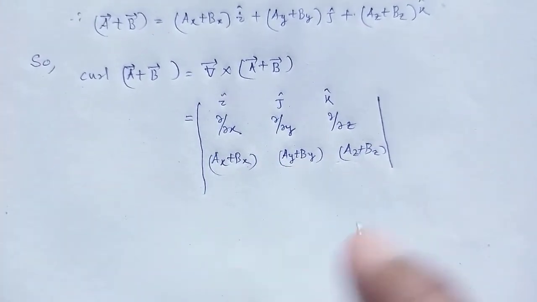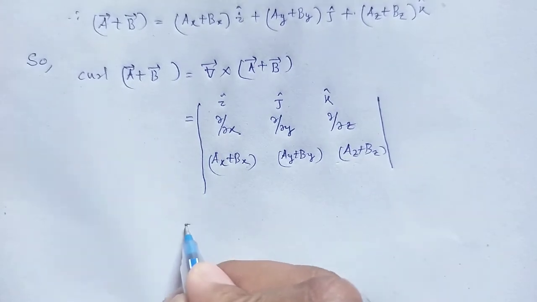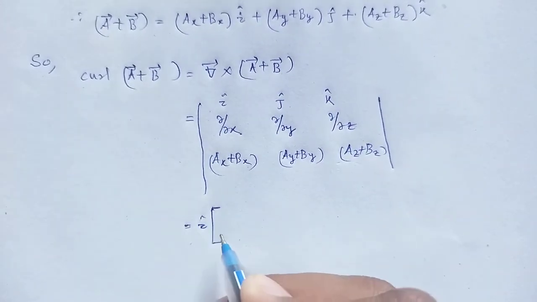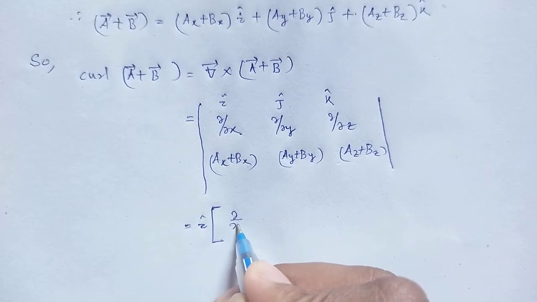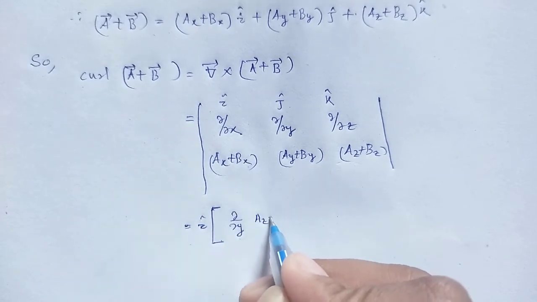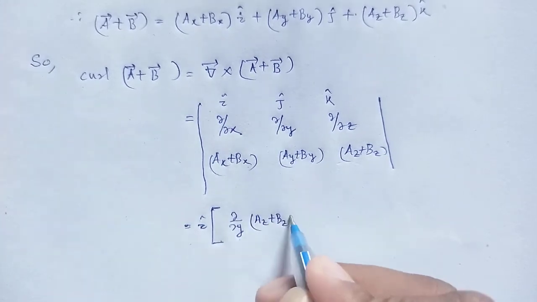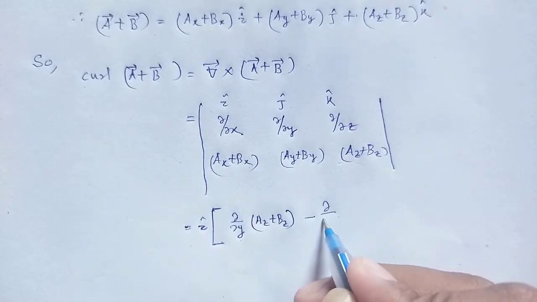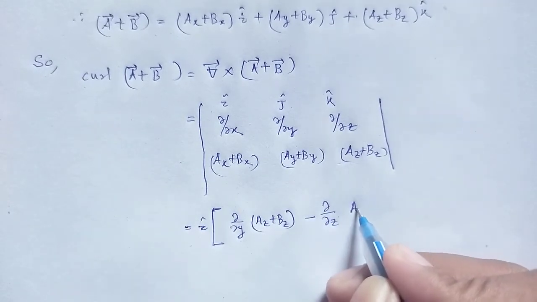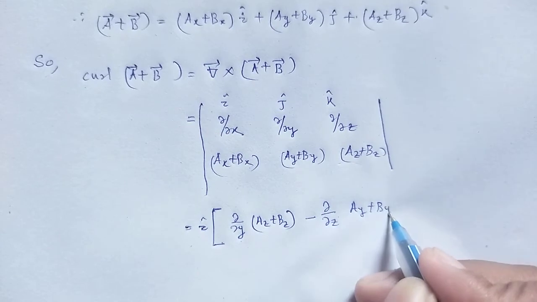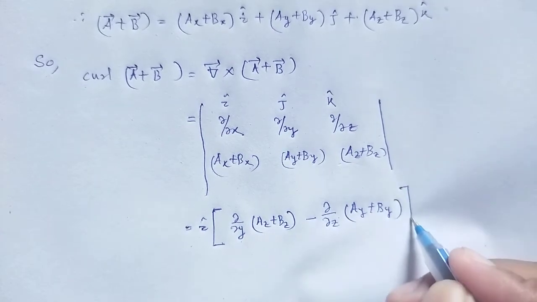Now we evaluate this determinant: i cap of del by del y of (Az plus Bz) minus del by del z of (Ay plus By)